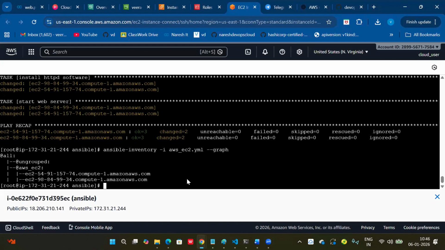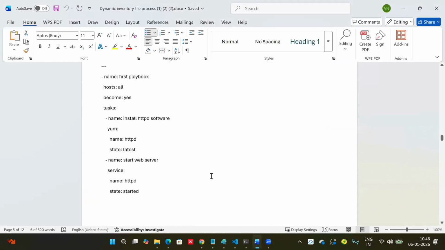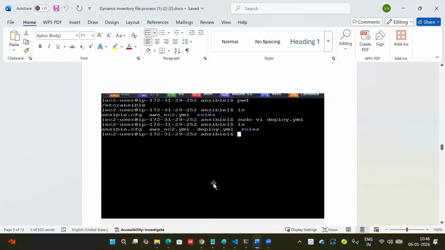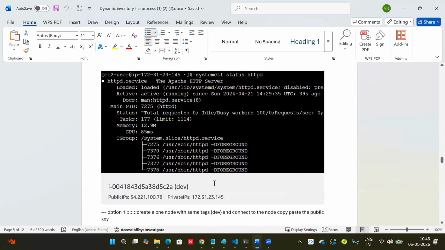Okay, guys. So is the concept clear till here? Okay, we can implement the groups concept also here. In the YAML, if you make some modifications, you can call different groups also. Clear? So we have to add the keyed_groups concept here if you want to add it.